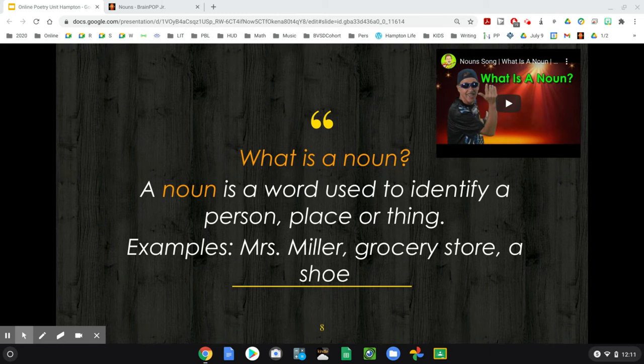So if you can think of persons, someone that you might know, a dad, Mrs. Miller, Mrs. Nauer, mom, Emerson, Anya, right? Or a place, Chicago, the grocery store, the park, the swimming pool, Elitch's, or a thing, shoe, chocolate, cookies, candy, balloon.